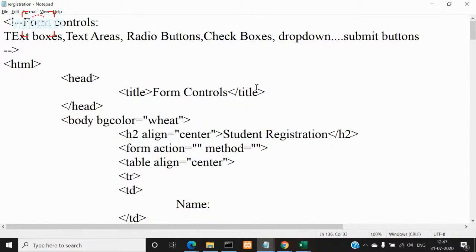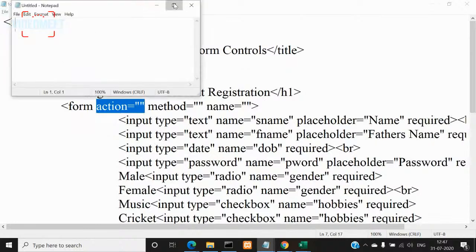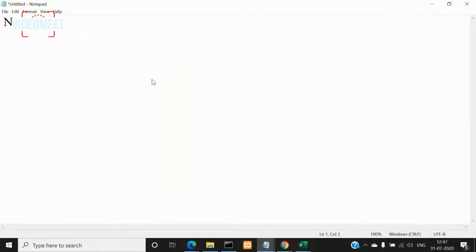So it is your responsibility that by the time you come for the next week's class, you are supposed to create an HTML form similar to this one, the registration form. So the fields I want you to create are, let me show those fields. You must create a form containing your first name, last name, father's name,